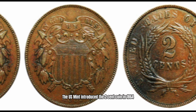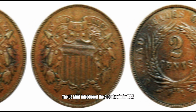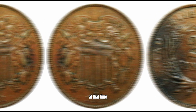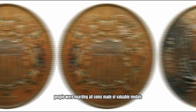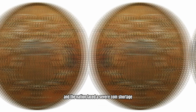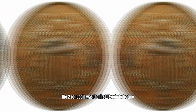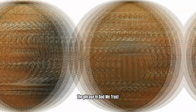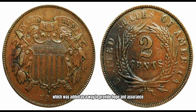The U.S. Mint introduced the 2-cent coin in 1864 during the height of the American Civil War. At that time, people were hoarding all coins made of valuable metals, and the nation faced a severe coin shortage. The 2-cent coin was the first U.S. coin to feature the phrase, "In God We Trust," which was added as a way to provide hope and assurance